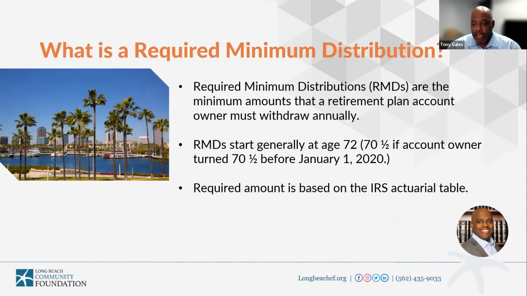So the table that the IRS was using to calculate RMDs had been designated in the year of 2012, and it was not changed until 2020. So not only did the IRS extend the time to begin your RMD, but they also stretched the actuarial table. So your annual RMDs are lower than they used to be. So if you had RMDs up until 2020, your amount would have been a little bit higher than it will be calculated as of now, based on your expected lifespan.